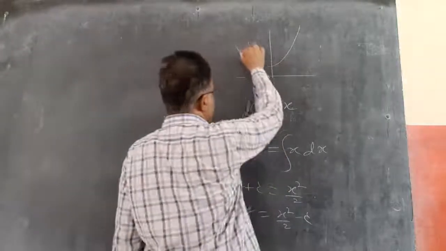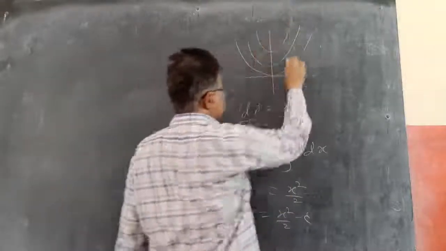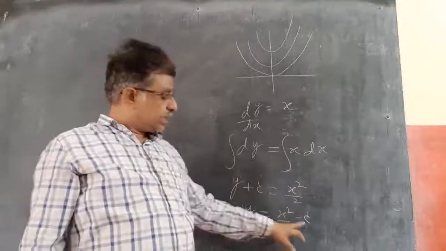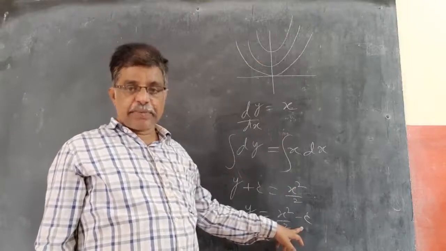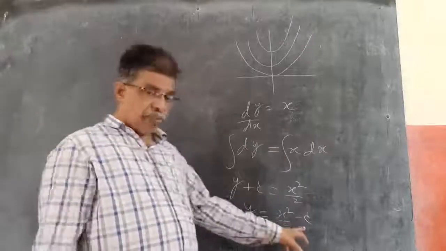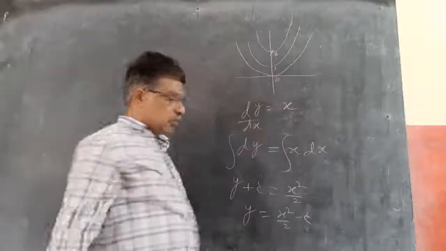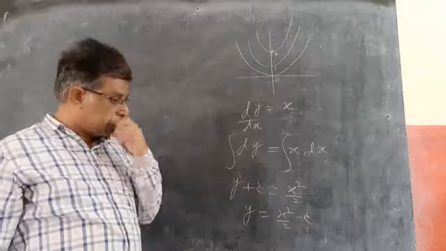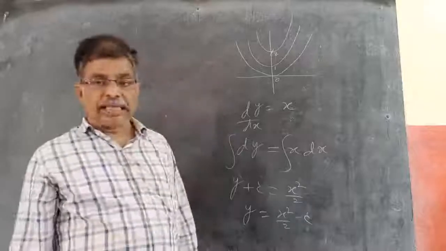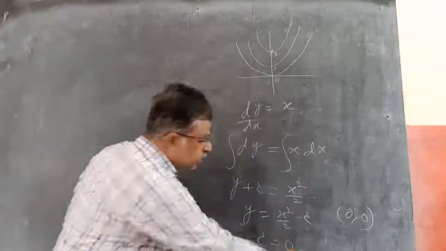If c is 0, then this parabola is like this. The curve can be like this, like this, anything. All of these are represented by this curve, which varies depending on the c value. For example, if c equal to minus 2, then this will be the curve through 0, 1, 2, minus 2. If the curve is always passing through the origin, then what will be the c value? 0.